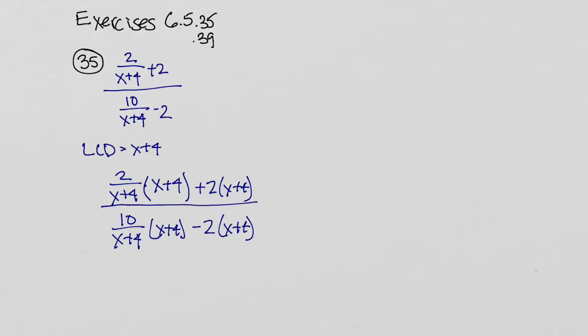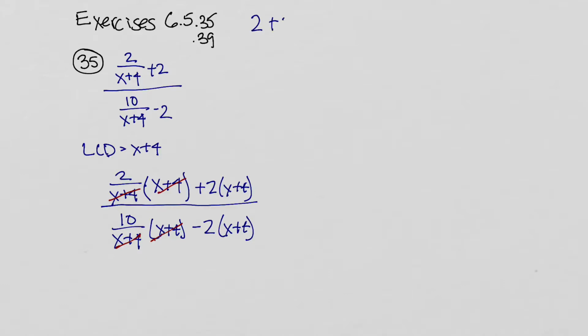Now in doing so, here's what's going to happen. This x plus 4 will cancel with that one. This x plus 4 with that one. This over here, I'm just going to multiply through. So let's do this cancellation here. So this x plus 4 will cancel with that one, this one here, and here's what we're left with. We're left with this 2 plus, and I'm going to go ahead and multiply through here. So we're going to be left with, and I'll do it up here at the top, we're going to be left with